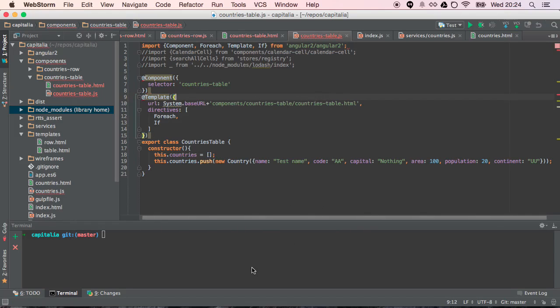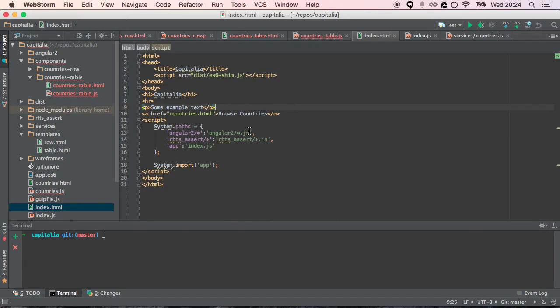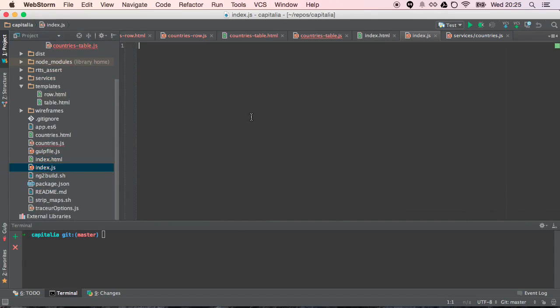Okay, I guess we run it, right? Well, I need to remap things in the index.html. I need to pull in, let's see, I do want index. See, he had that main loading piece, which I did like, actually. And so I'm going to copy some of the import statements from his. Angular 2, bind for the DI, and he had a calendar, and I have what? Countries table from components,